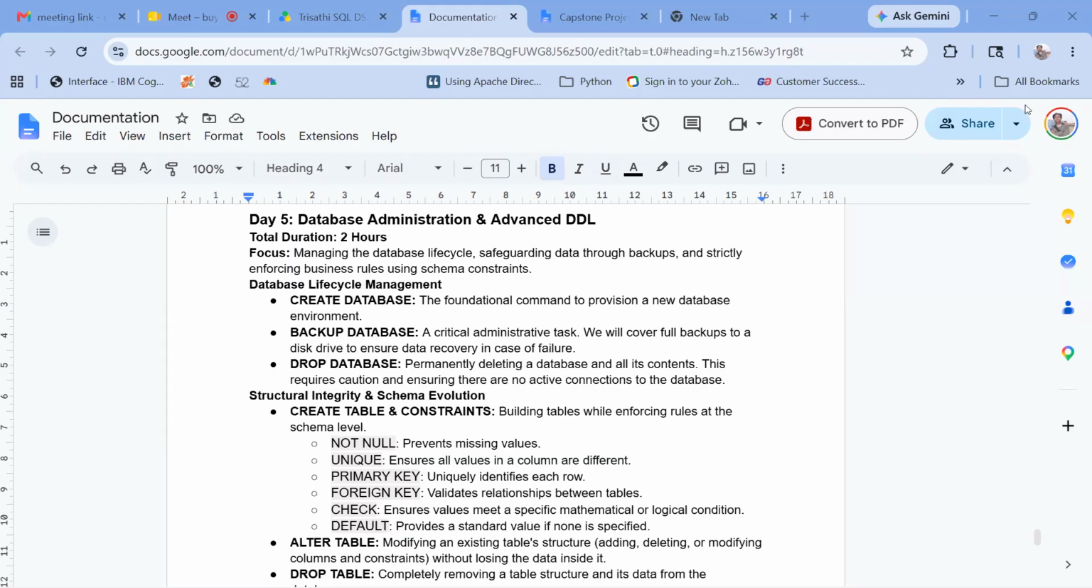So today we'll talk a bit more about database administration and some advanced DDL commands. Today's focus will be mainly managing the database lifecycle, safeguarding data through backups, and strictly enforcing business rules using schema constraints. So normally, in database lifecycle management, creating the database is the foundational command to provision a new database environment. Then we have to make sure we are taking the backup of the database, which is a very